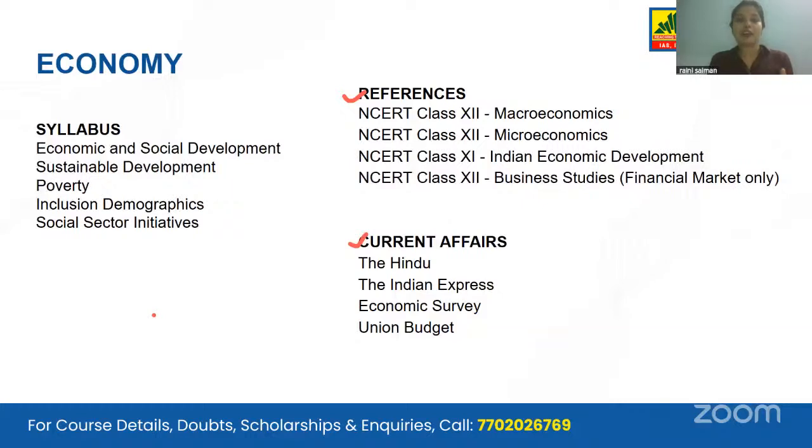So here your fundamentals are all about your NCERTs for static and then your current affairs. This is your pillar. Now going to the reference books. Generally we say that we need to cover NCERT from standard 9th to 12th. But if your fundamentals are clear, you can even start from the books of standard 10, or even 11th and 12th, you can go above. So if we talk about standard 12, we have macro and micro. Then in 11, we have Indian Economic Development and business studies. So these are the major books.